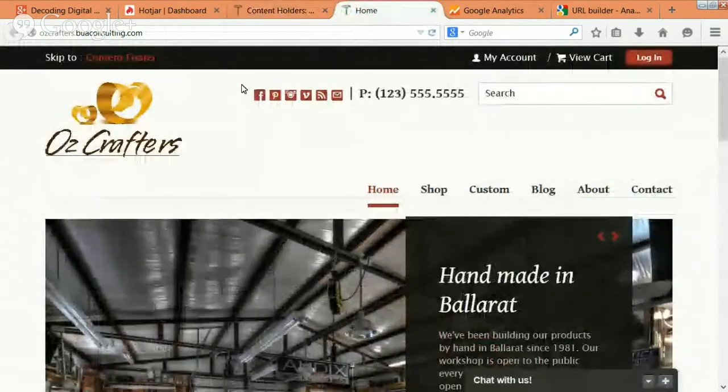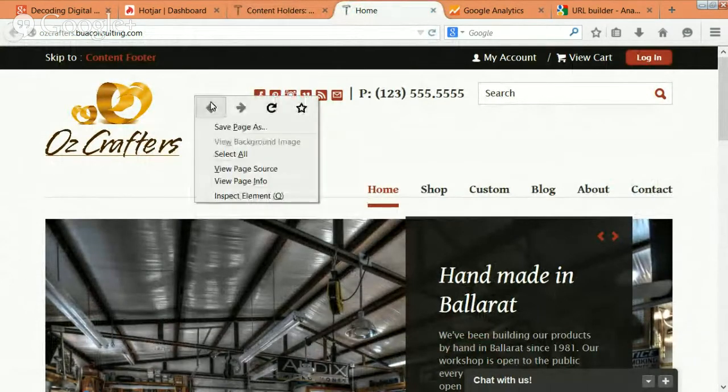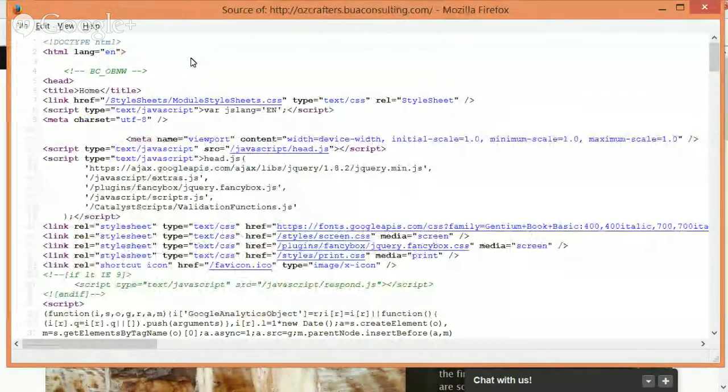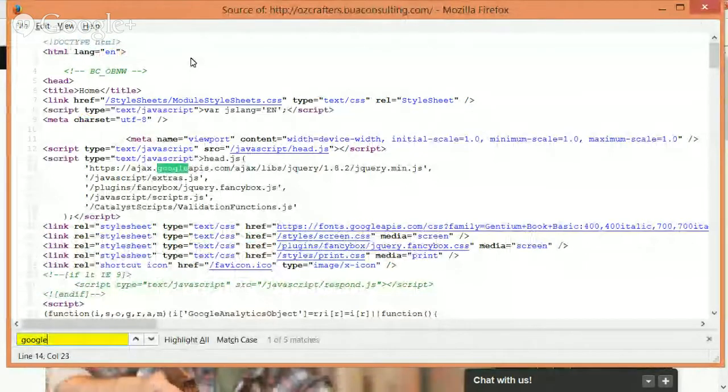So this stuff should sit in the back end of your website. You shouldn't notice any actual aesthetic change to the homepage of your site. Yeah. So if you want to check whether your site does have analytics, or someone else's does, if we go to view page source, I'll press Control F for Google,